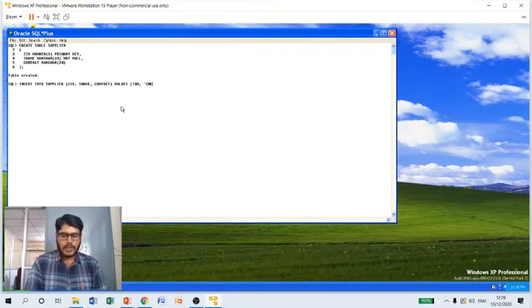Assume that I'm going to include Sneha Agencies, close the parenthesis, put a comma. Again, I want to include one more, the contact details. Assume that I'm going to store Gangadhar, close the parenthesis and semicolon.